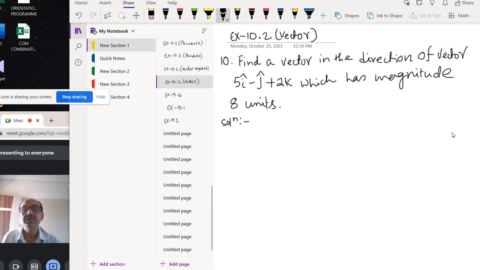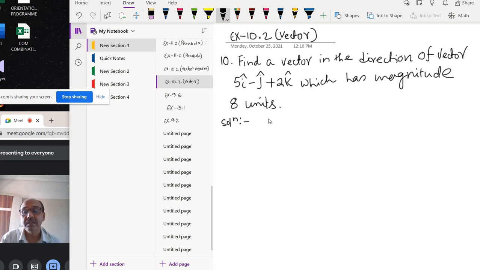Good afternoon. Chapter Vector Algebra, Exercise 10.2, question number 10. The question is, find a vector in the direction of vector 5i minus j plus 2k which has magnitude 8 units. Okay, so